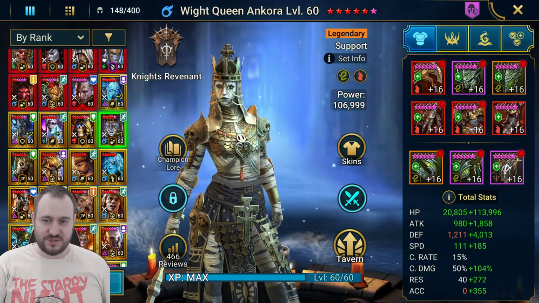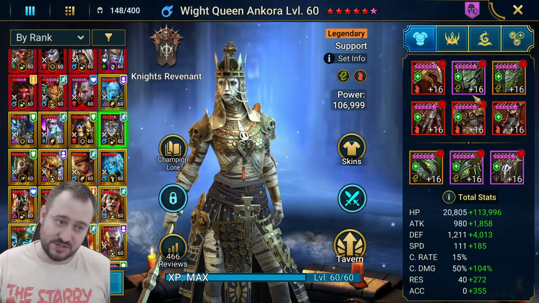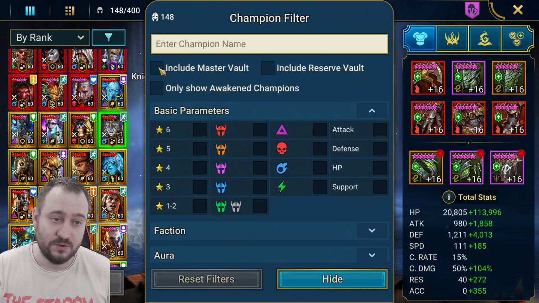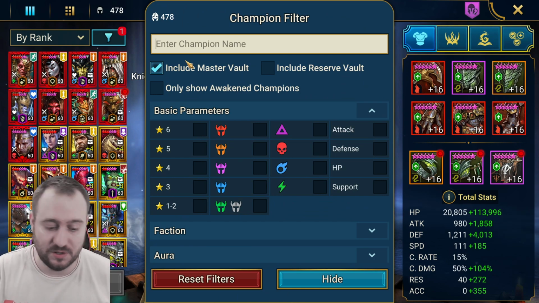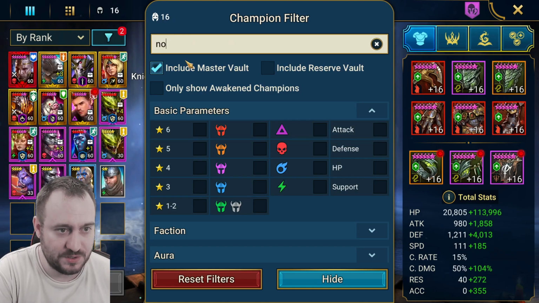And then Ancora, which is coming in immunity. There are many champions. If you don't have Ancora, please don't stress. There are a lot of champions that can do this role, right? Mafala Lifebane without immunity because of her passive. You can also use